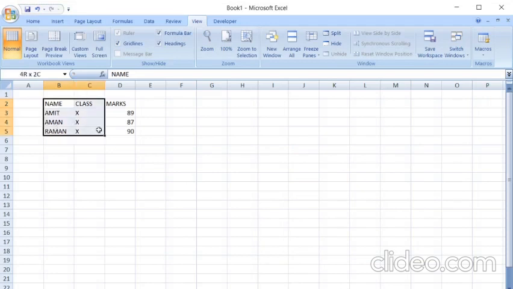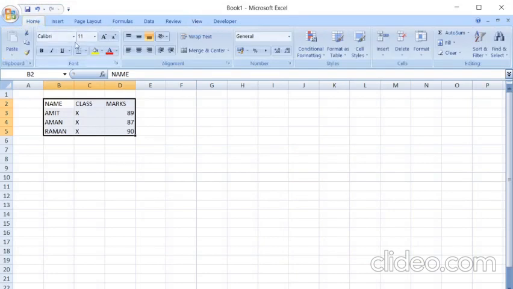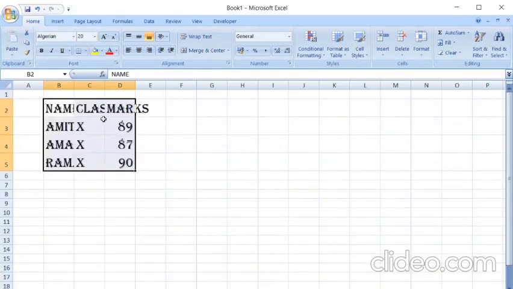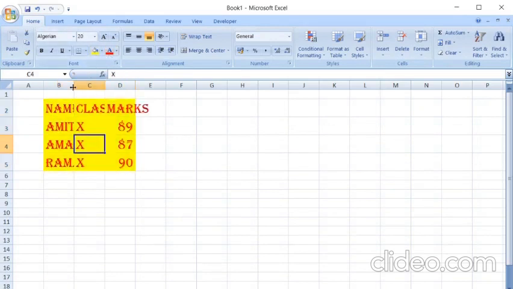What I am doing now: I have selected it. I have gone to the Home tab. I have changed the font style, whichever I wanted to choose. I have changed the size. You can see I have given a background color and a foreground color.